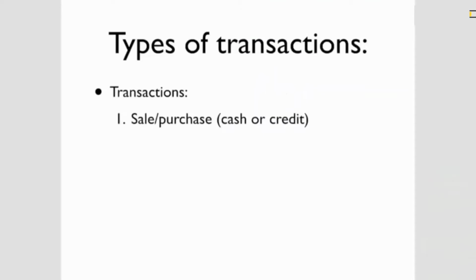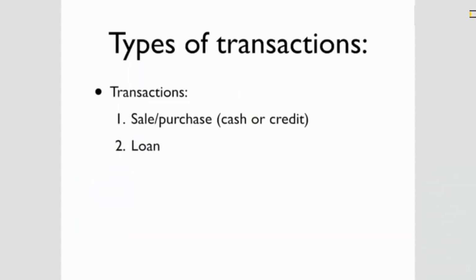And when you look at the transactions, we can classify them in three very broad categories. Number one, it's a sale. And that sale is cash or credit. What that means is, when you are selling the item, you are transferring the ownership to someone else for some money, and that money could be paid immediately. This is what we call cash or spot. Or you could say, give me that money in installments, or in 1 week, 2 months, and so on. This is what we call credit sale or deferred payment basis.